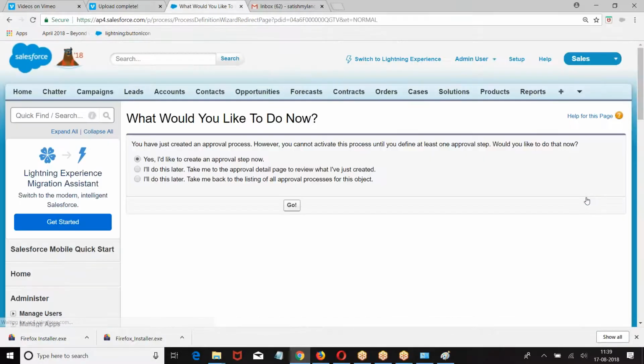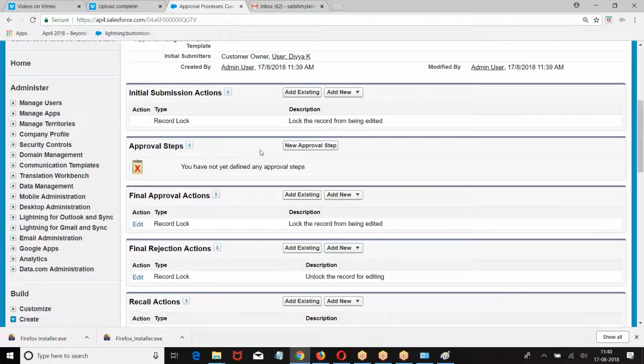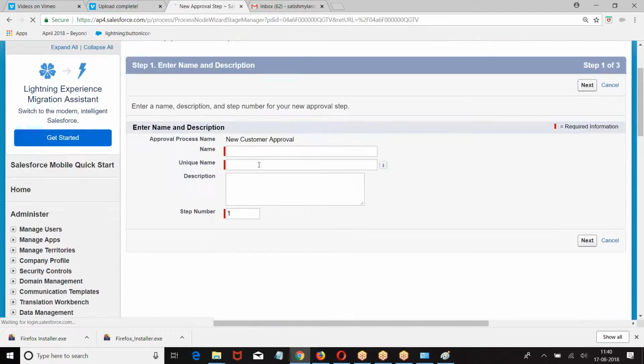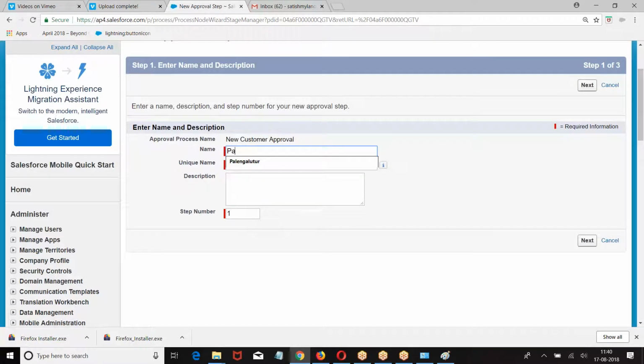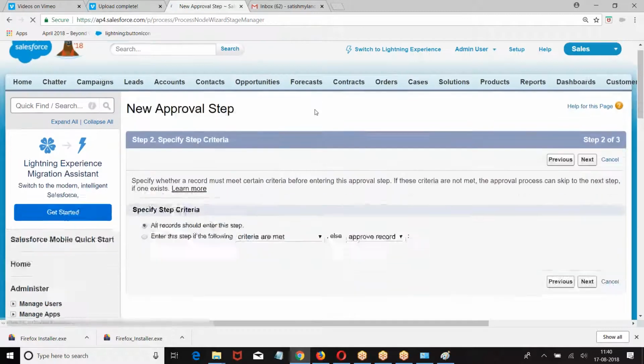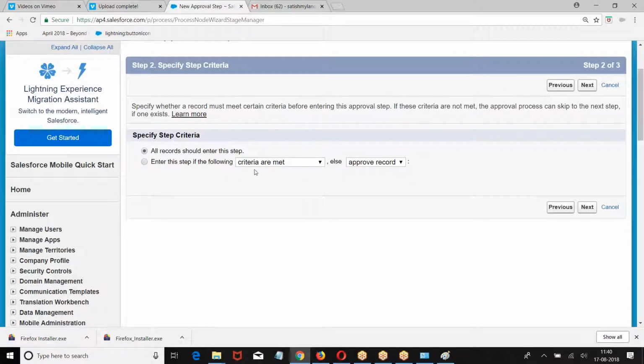Basically, this is a submission process. Now this is the main topic we are trying to discuss. Approval action. What is the approval action? Parallel approval. Enter this step.